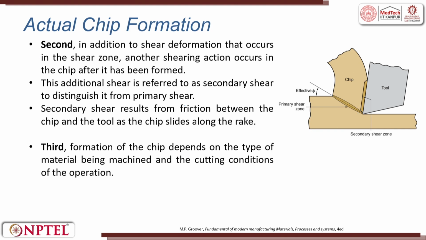The second is, in addition to the shear deformation that occurs in the shear zone, another action happens along the chip back end and the tool. The additional shear is referred to as secondary shear to distinguish it from the primary shear. The secondary shear is predominantly friction based,